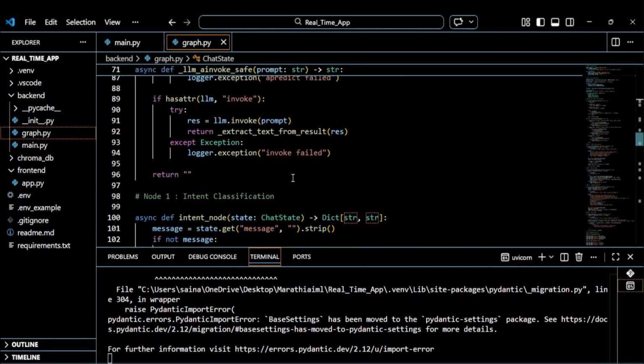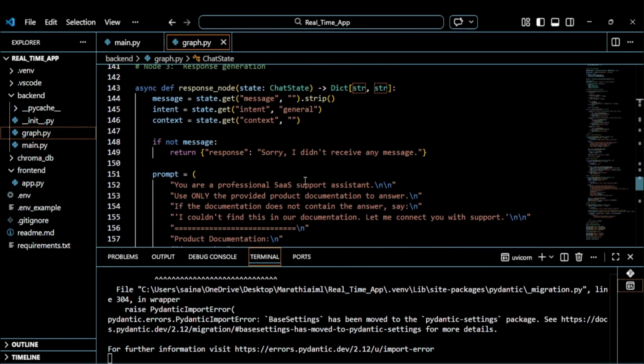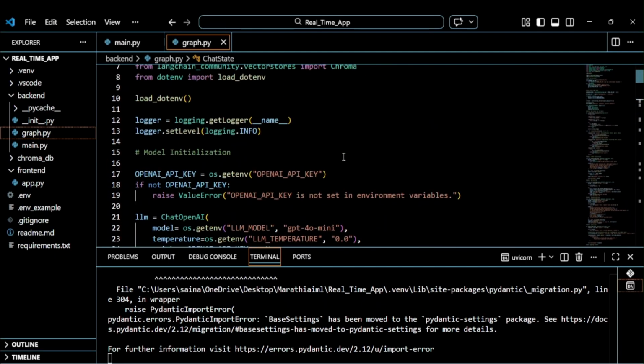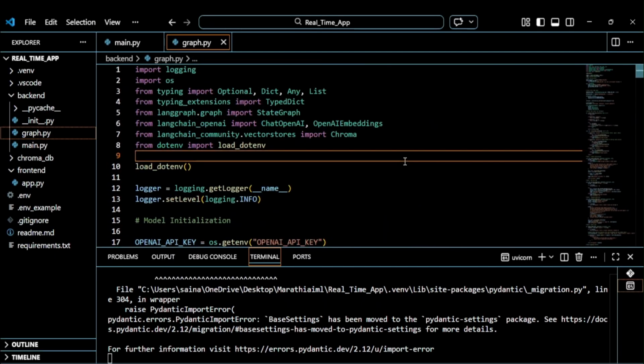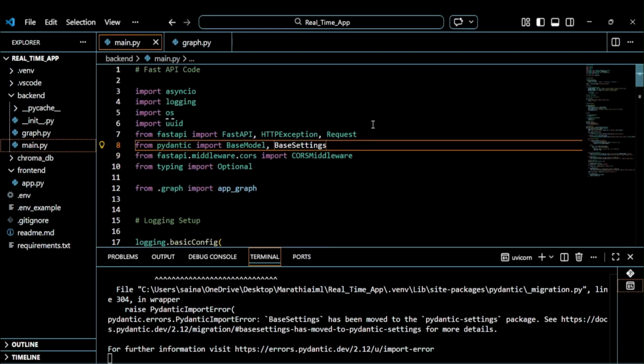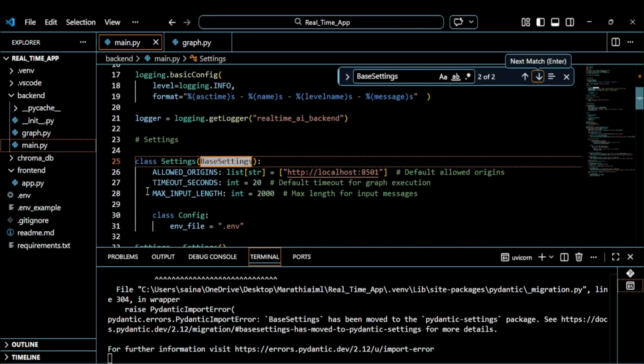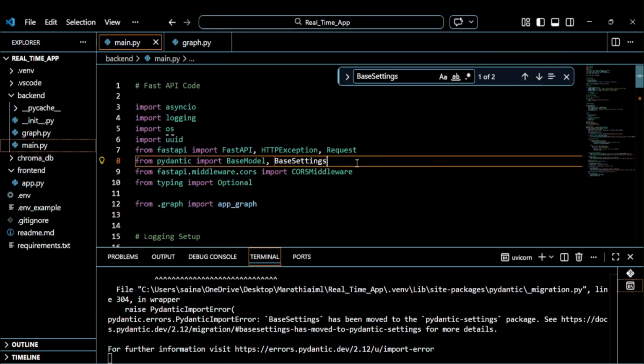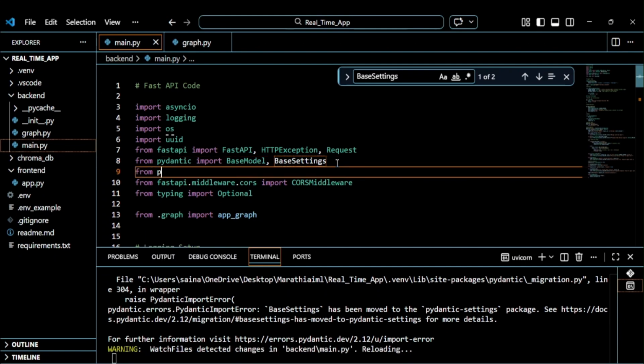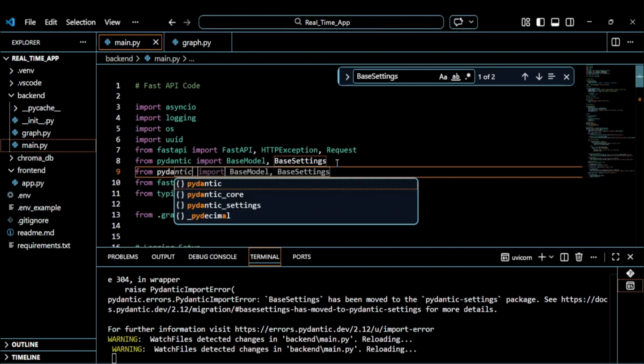Some packages too. It seems to be pydantic. Okay, so it is pydantic. So do we require BaseSettings first? We are capturing the base here. It is saying BaseSettings has been moved to the pydantic-settings package. Let's say from pydantic_settings